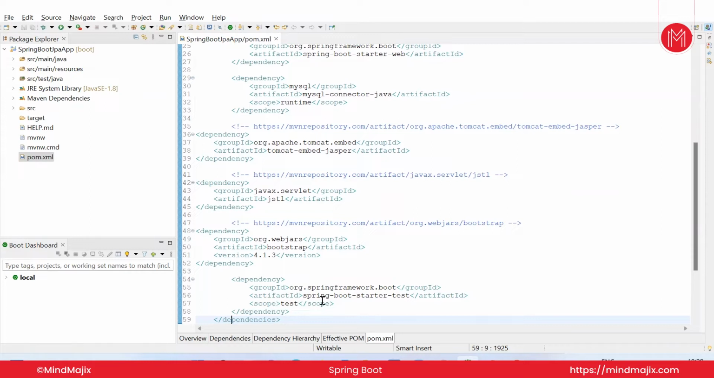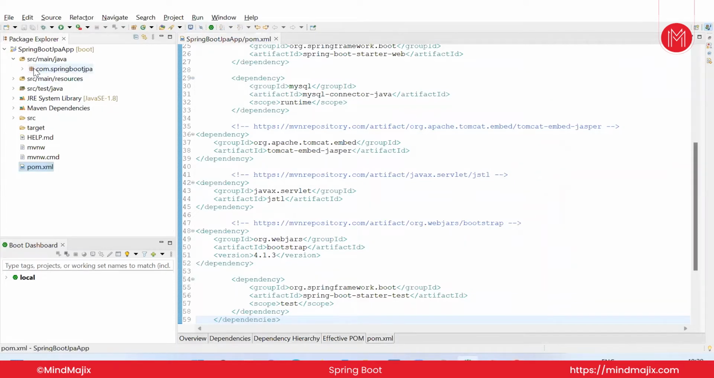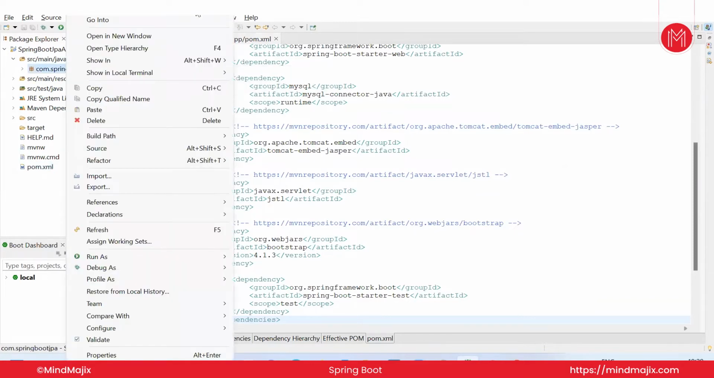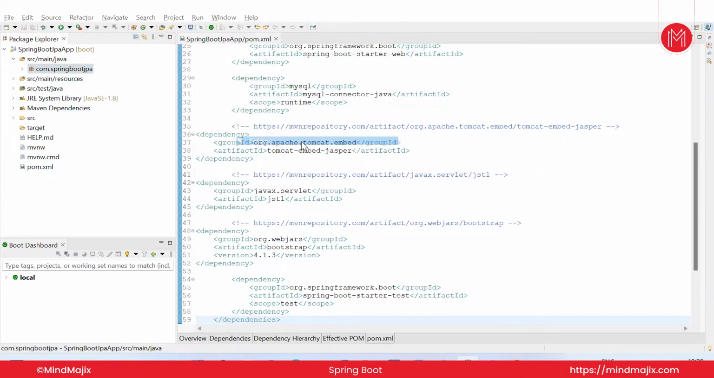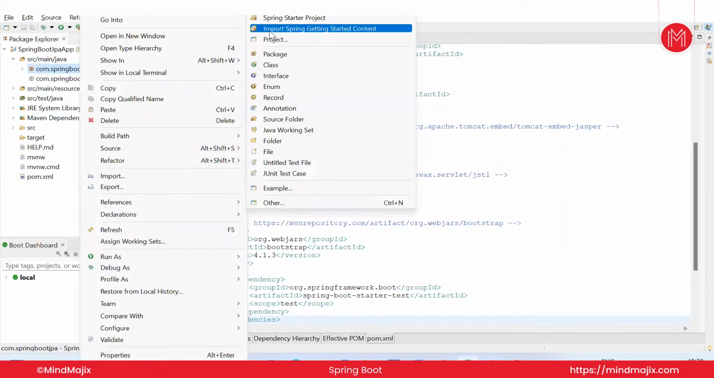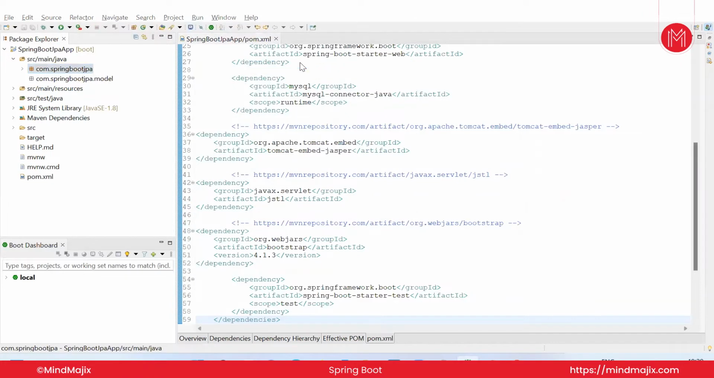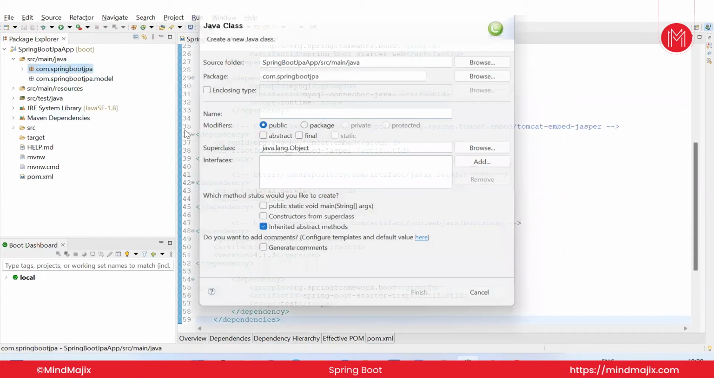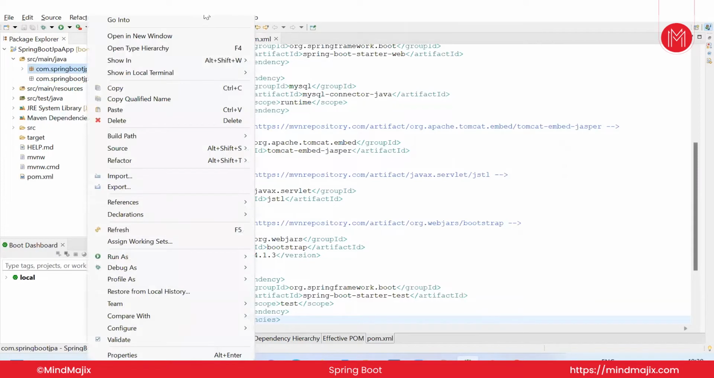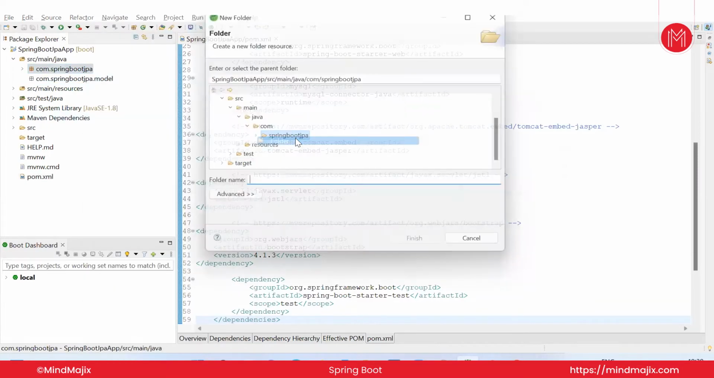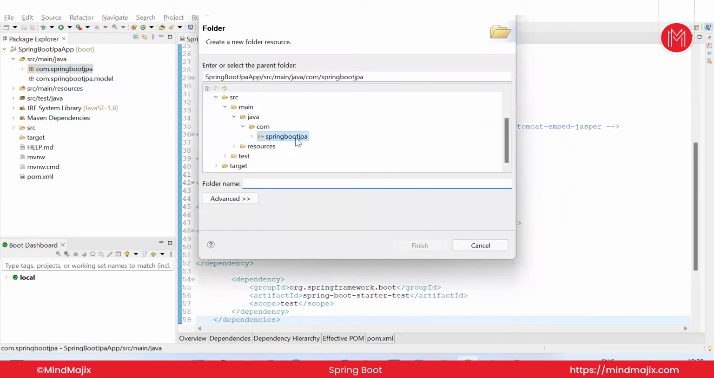Perfect, right? And we will enter into creating separate packages for every requirement. For example, if I want to create the model part, for that I need a separate package. So model, and if I want to create, sorry, not the class, one more package, new folder, and the folder name is repository,